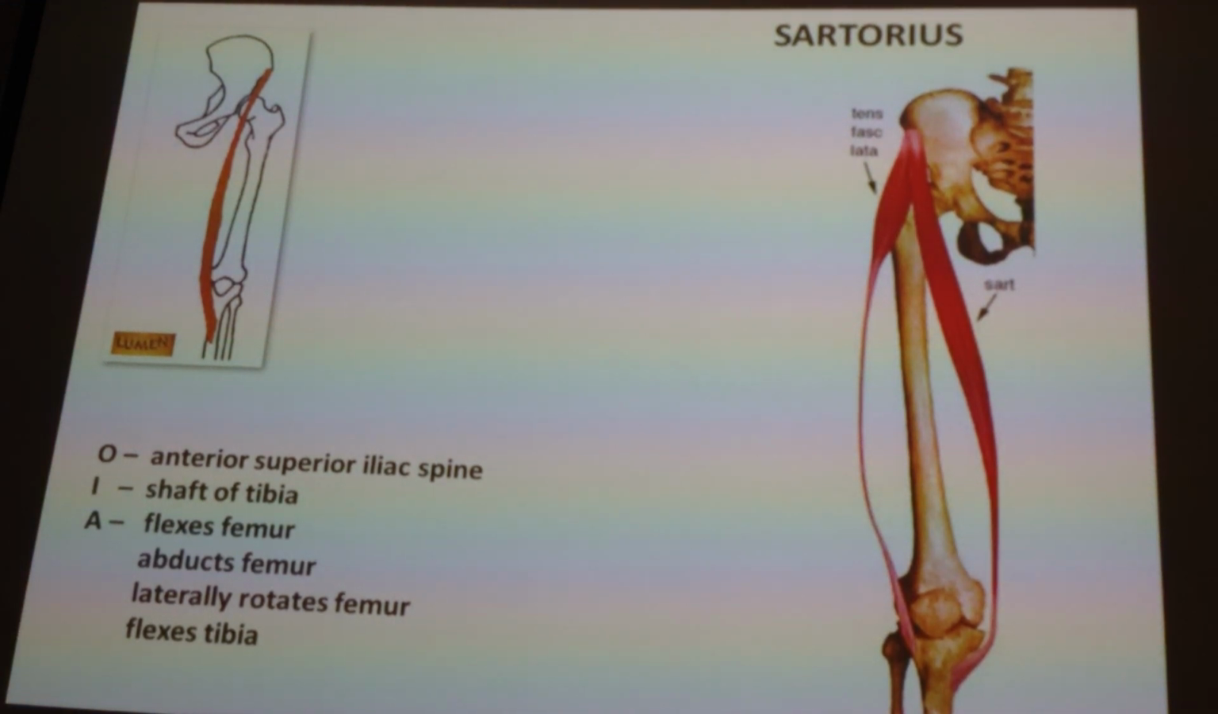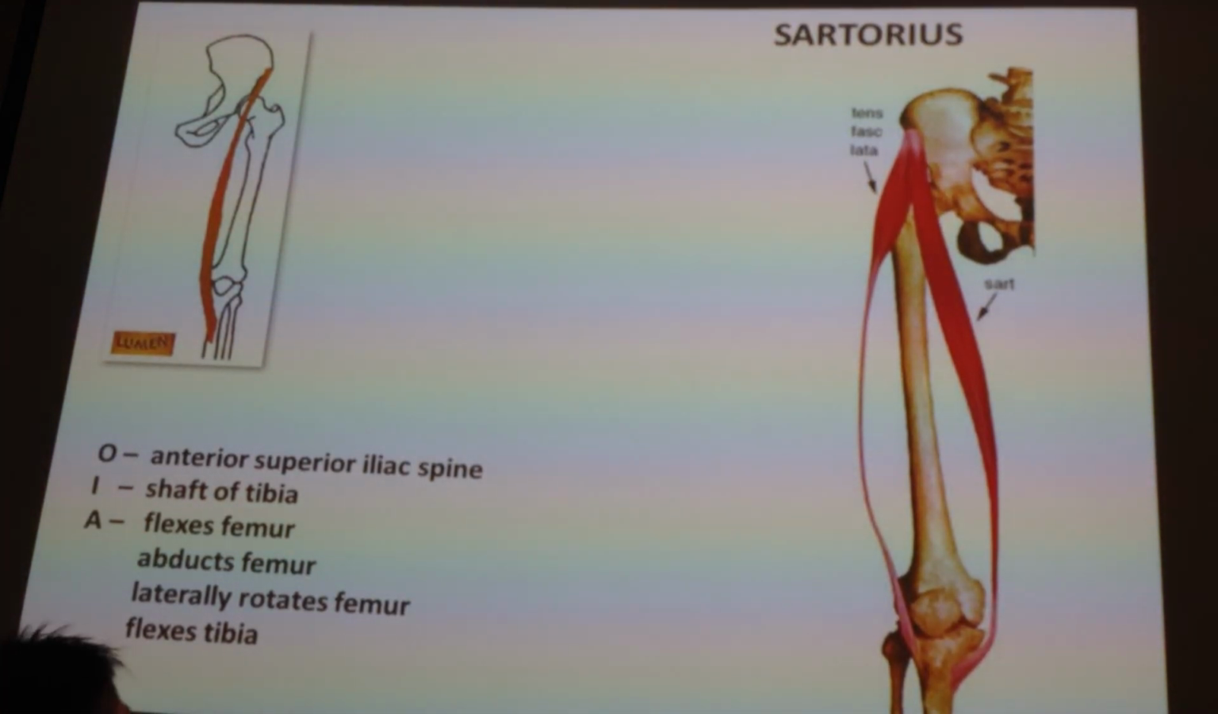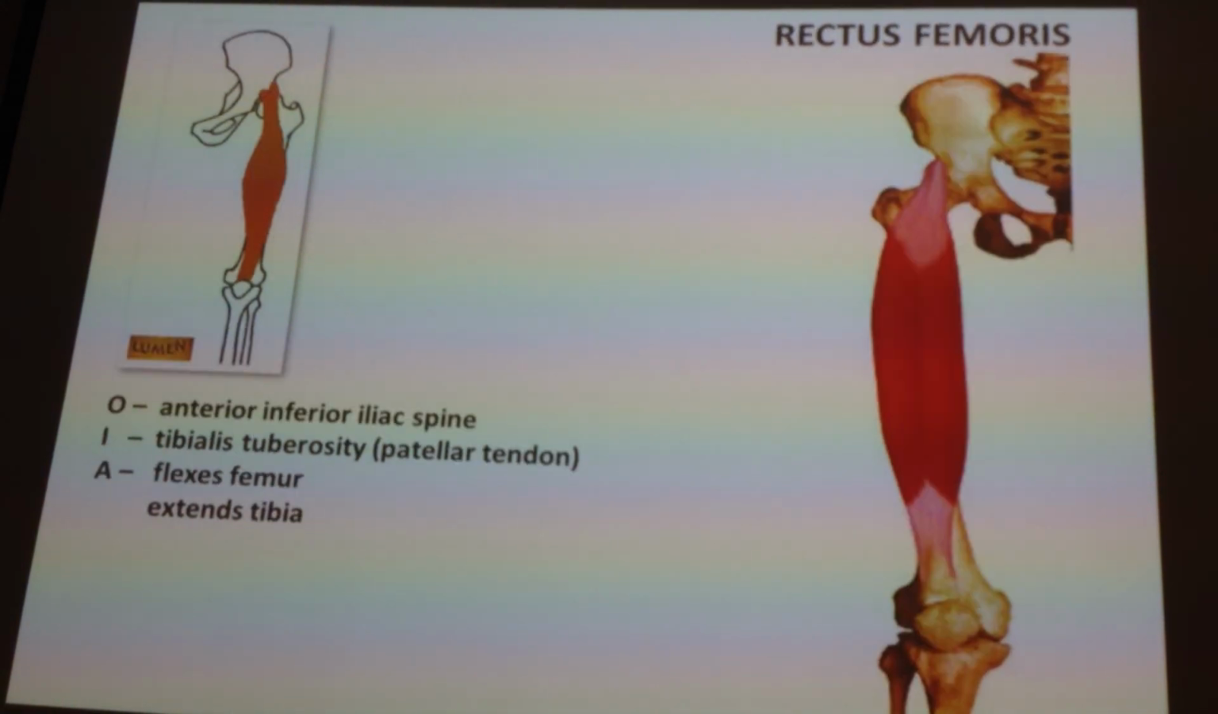So it does that, as if you were going to sit cross-legged, like the tailors would do before they had sewing machines. ASIS, crossing medially to the tibia, flexes the hip because it crosses the hip joint, flexes the knee because it crosses the knee joint medially, and then laterally rotates. And you can see that muscle right here. The other muscle that has its origin off of the anterior superior iliac spine is the tensor fasciae latae. So I thought I have it on